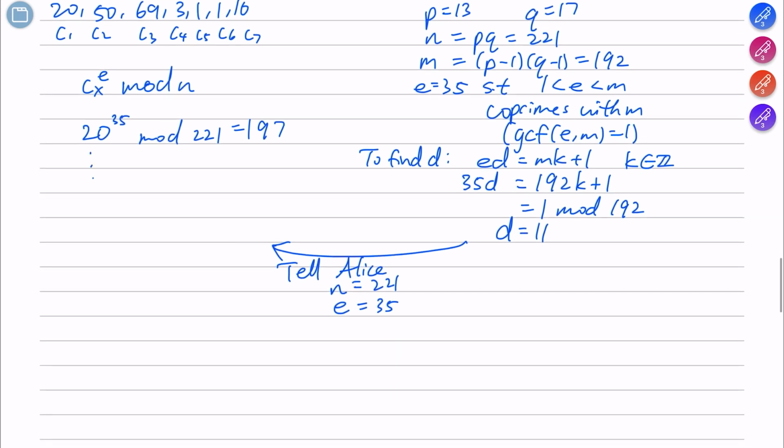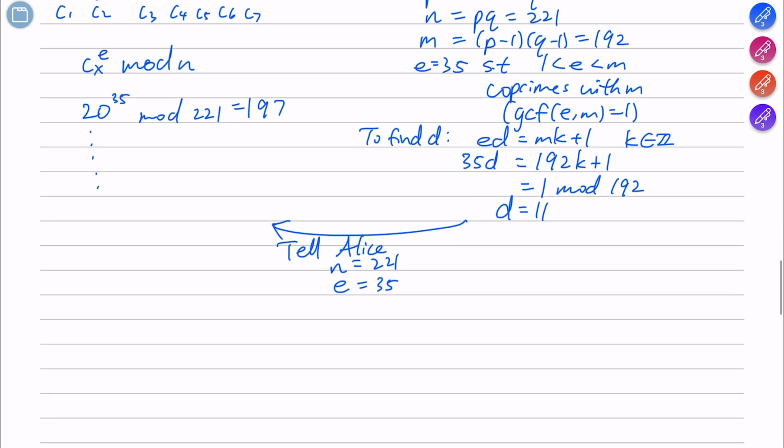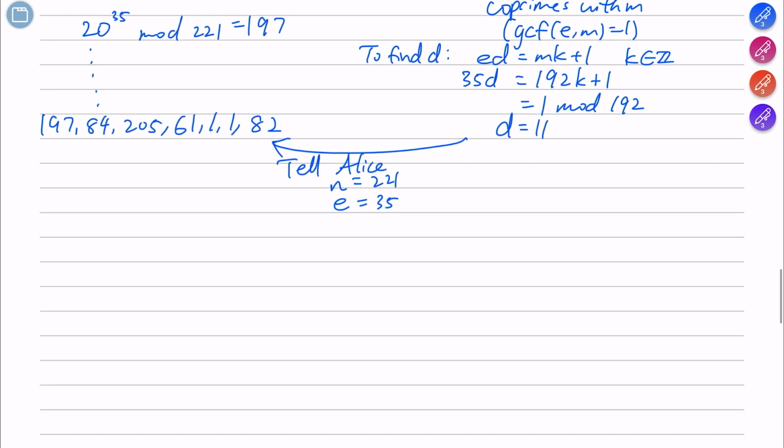If you do it for every single element, then you would find a final message that becomes 197, 84, 205, 61, 1, 1, and 82. So now Alice says, hey Bob, here you go. So Alice sends Bob this encoded